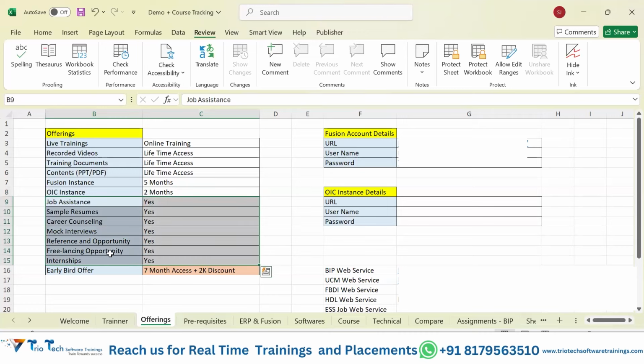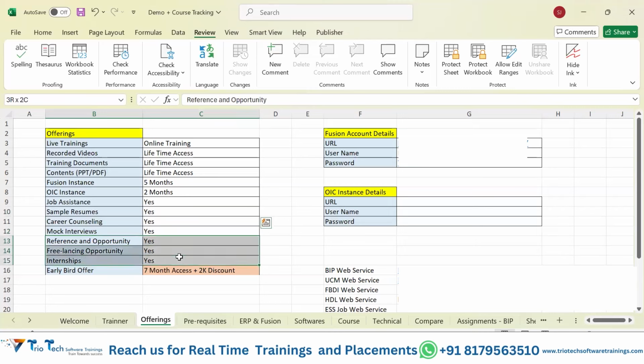Anyone who's interested in some freelancing opportunity, internship, or any sort of mock interviews: every weekend we are going to conduct mock interviews at our Hyderabad schedule, and mock interviews will be by people with 15 years of experience, guys, based on your learning, your expertise, your understanding. We request you to prepare your sample resume and share it with the team. They will conduct a mock interview. You will get to know where you are standing, and you will get instant feedback. Accordingly, you will revise your sample resume, and then we will assist you with any job opportunity, freelancing opportunity, or